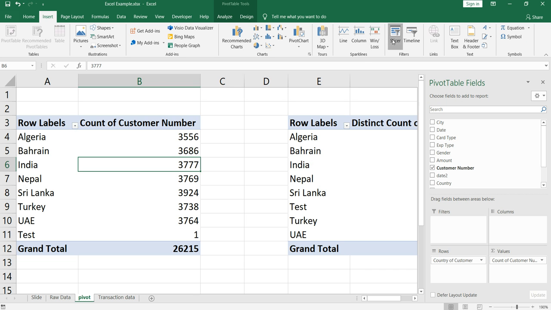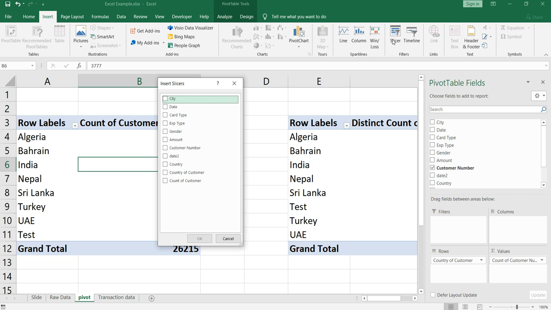If you click on it, you will get a slicer pop-up with the entire list of variables or attributes present in your data set, and based on your requirement you can select the variables for slicers.